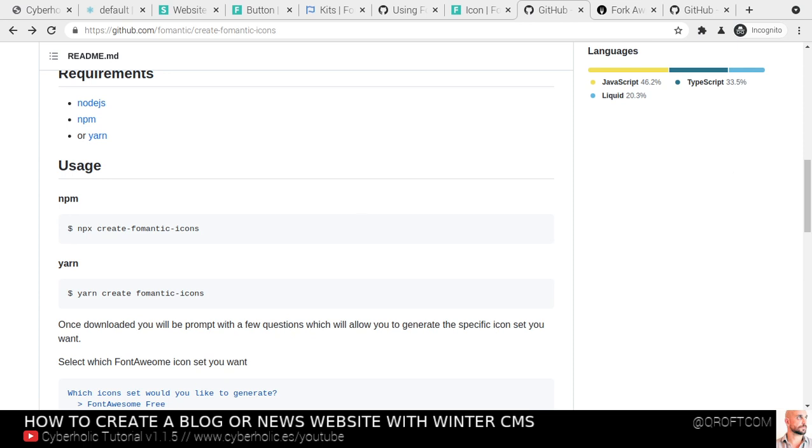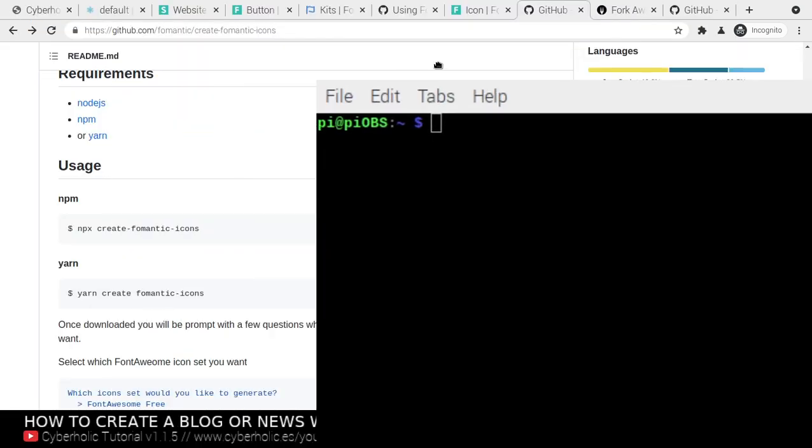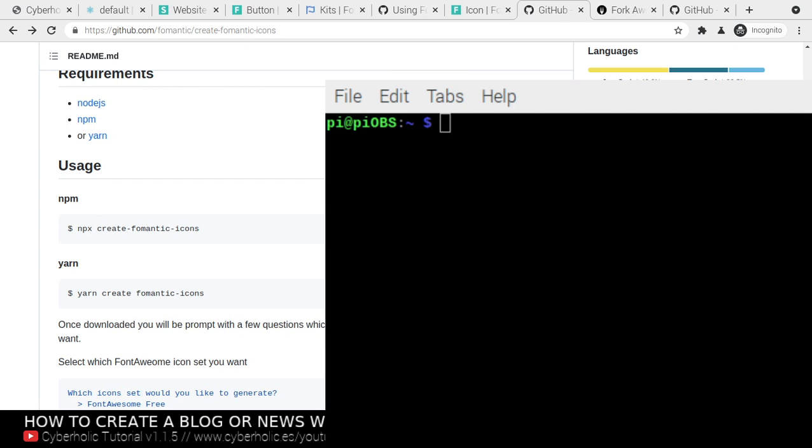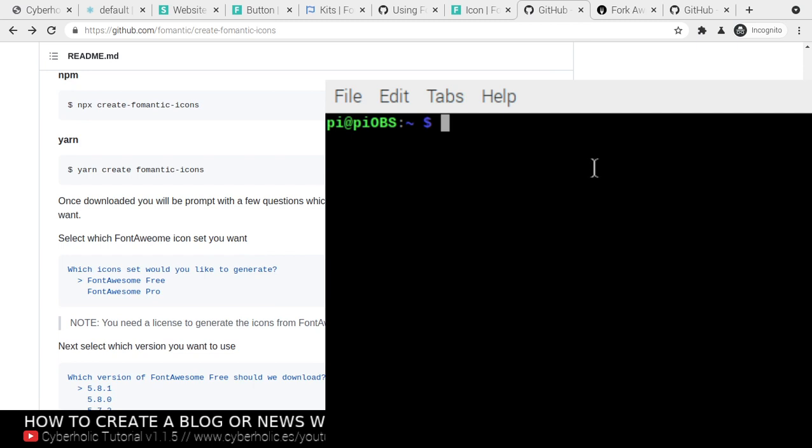So what we are going to do now, let me integrate my terminal window so that you can see it. Here's my terminal. You can't see it, this is not good. I'm going to move this a little bit over here. What they explain super easy in here is the following: npx create Fomantic icons. This is going to take a while,